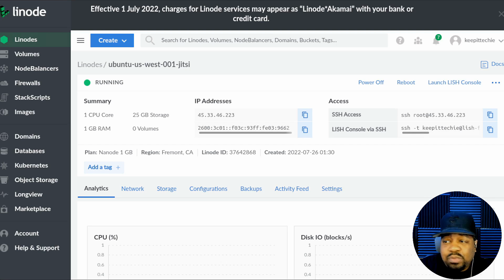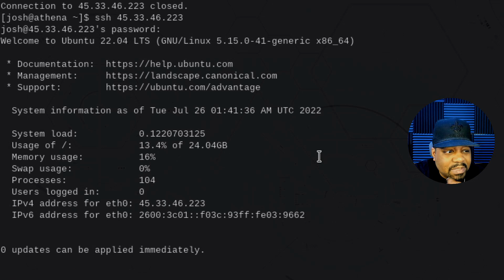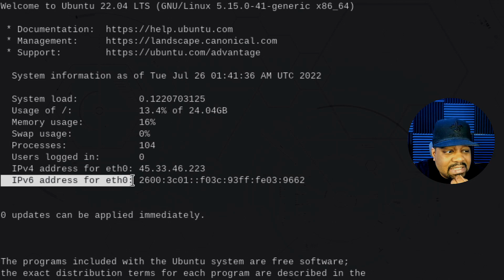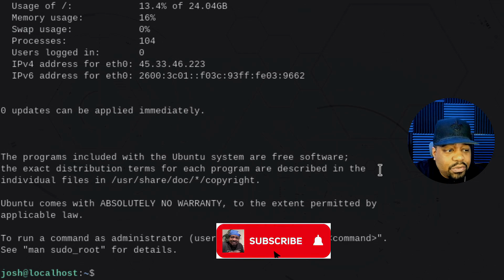But this is where we're going to set up our Jitsi server. And I've already logged into the server. I've created accounts, I've updated the system, so I wanted to get right into the installation of Jitsi. So switch over to my terminal, and as you can see, I'm logged into this server. Let me scroll up a little bit so you guys can see, but that is that same IP address. That's what I'm logged into, and as you can see, it's Ubuntu 22.04 LTS, and I just created this thing